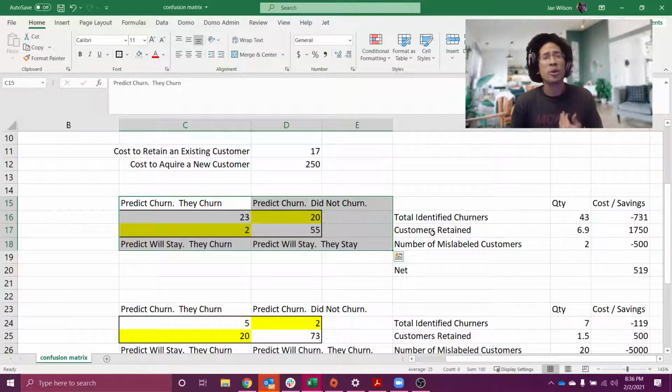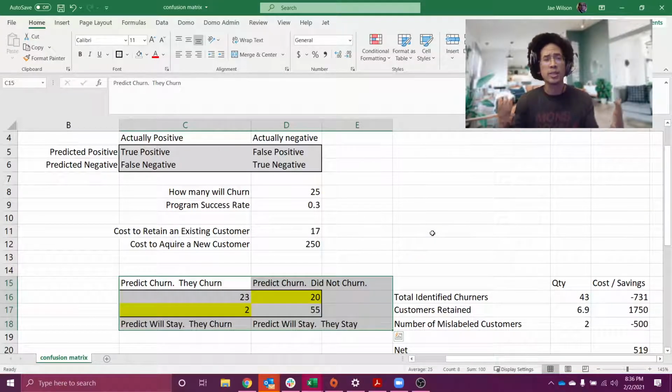Now, I can't know this for your business, right? That's the whole reason why we're having this video. I don't know all of the ins and outs of how your business works, but this is the kind of stuff business analysts and majordomos, these are the things you need to be working with your data scientists on. Because your data scientists, what they're going to say is, hey, we've built 10 models.